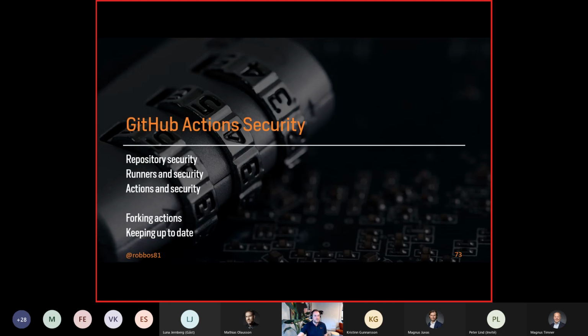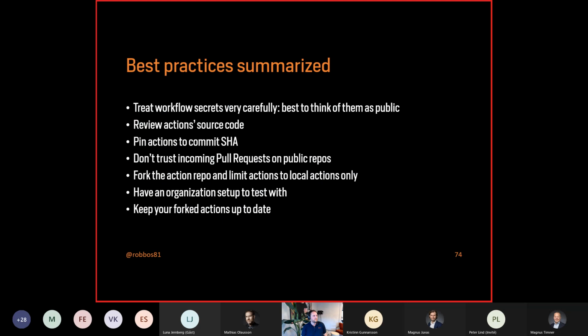Right, that's the end of this actions and security session. I want to stop early to make sure that everybody has a little bit of extra time left after lunch, and maybe we can do some questions if there are some. We had an overview of all the things we've gone through.